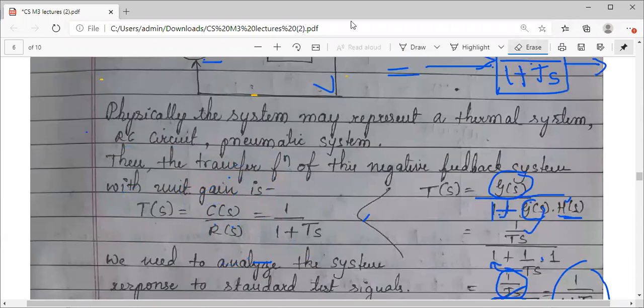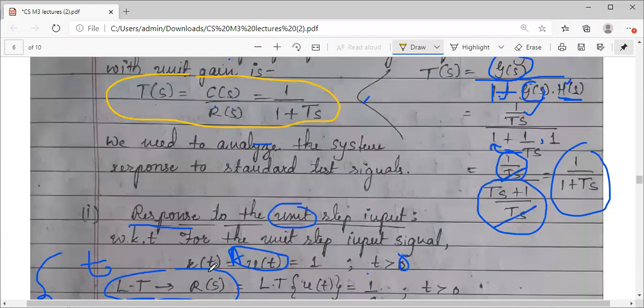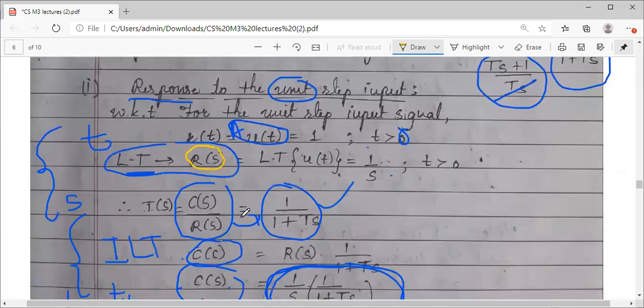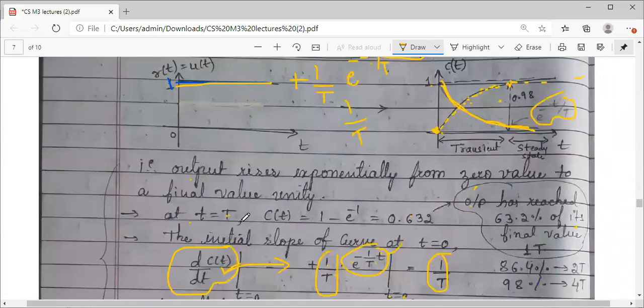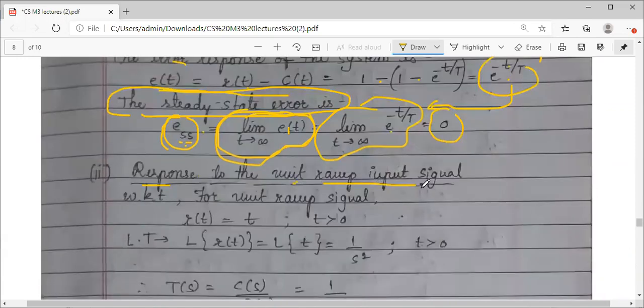If you want to do it as 3 separate derivations, you can go for it. Till this transfer function equation, it will remain the same. After this, the change is in the input we apply. Here R of S will be different. Again, for the same block diagram, I want to go for testing. The input applied is a unit ramp signal.